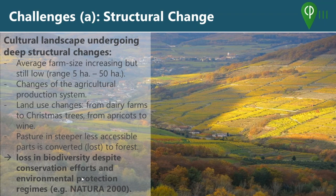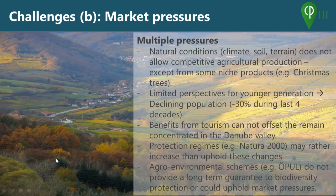So we have a loss in biodiversity, despite conservation efforts and despite environmental protection regimes like the Natura 2000 that applies to almost all of the nature park. So there are multiple pressures facing the situation of the farmers, and